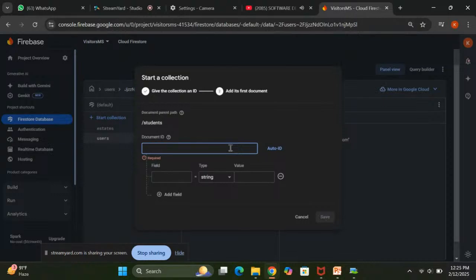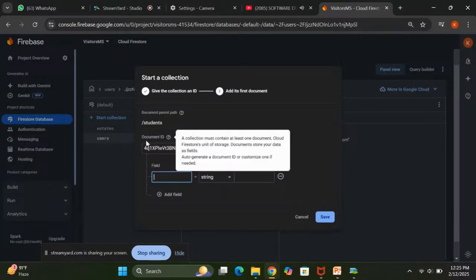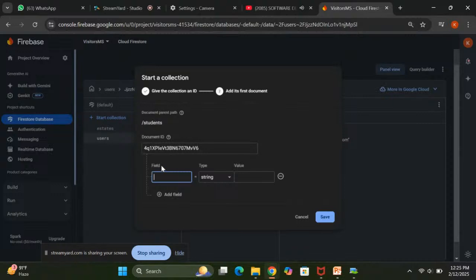Document ID can be anything. If you want the system to auto-generate for you, it can auto-generate a document key for you by clicking here. And you can type the document key by yourself as you want. So for the fields, which are under this document ID, we have the field,